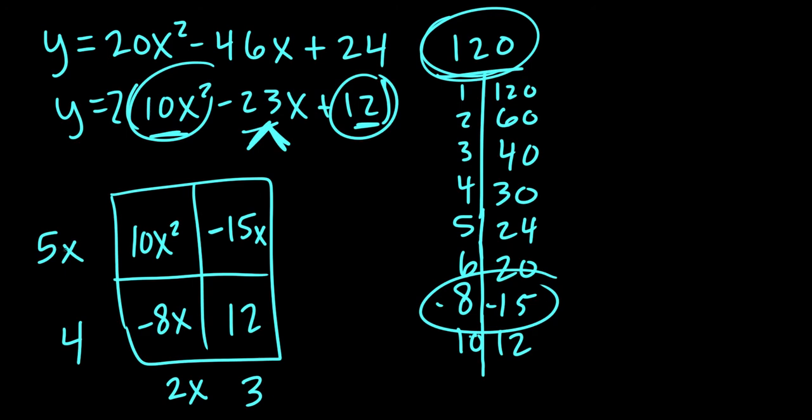That's a mistake. 5x, 2x is 10x squared. That's good. 5x times 3 is not negative, so I'm going to make the 3 negative. Now it works. Then I try 4 times 2x, doesn't work, so I make this negative, and then negative 4, negative 3 makes positive 12, so that does work. So to write my factored form, I'm going to put my 2 that I took out, and then I'm going to write my 5x minus 4, and I'm going to write my 2x minus 3,